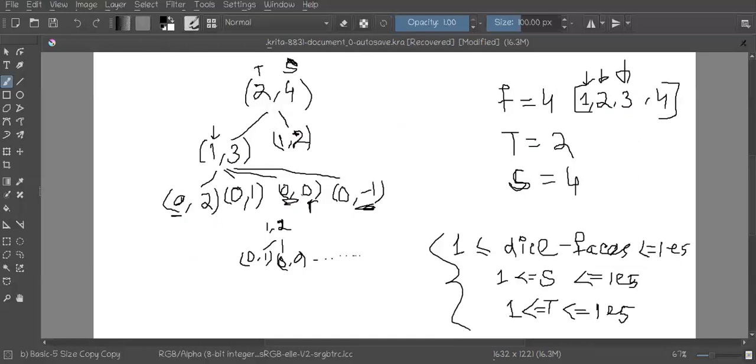How did that happen? Initially I had found 1, and now let's say I got 3. By summing them up, it will give me 4, which is the given sum. So I would count it, and we'll try for another possibility, right?